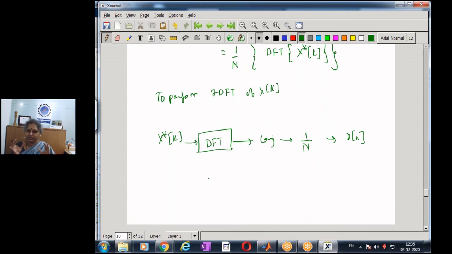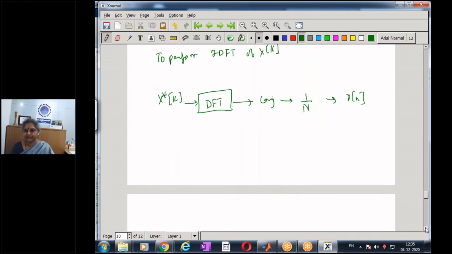Now the advantage of this property is, if I have an algorithm which performs a DFT computation using the same block, by simply making changes before and after the algorithm, I can use the same block of code to actually implement the inverse DFT. So that is the whole advantage. I need not make any changes within the program or within my algorithm. By doing small external changes, I can get an IDFT using the DFT algorithm.